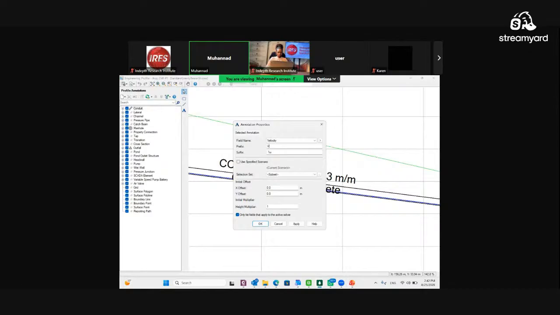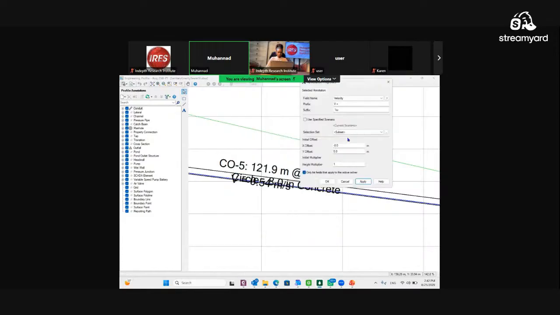I can say it's V equal, and I want it a little bit lower. It doesn't go down, I think. Let me just make it more. Okay, so here you can see I have added